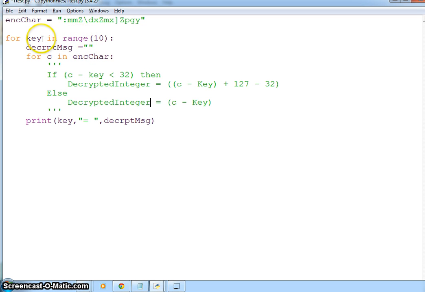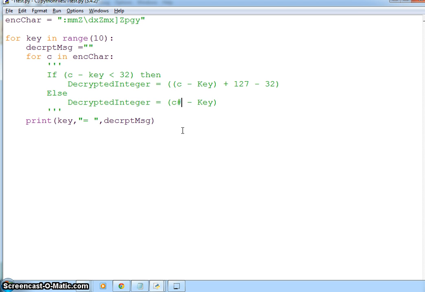So key is an integer, but c is a character in the encrypted message. So this will give you an error, and for that you have to use the